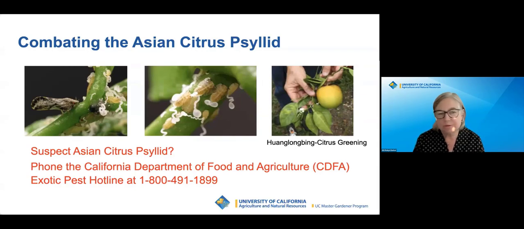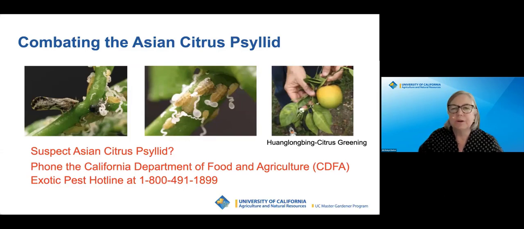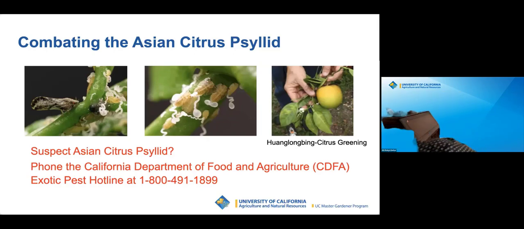They deform the leaves by twisting and curling them. But the Asian citrus psyllid isn't a problem because of the damage it does to our citrus trees or to the citrus leaves. The Asian citrus psyllid is problematic because it spreads a disease called Wang Long Bing or citrus greening. Wang Long Bing can kill a citrus tree in as little as 5 years. And there is no known